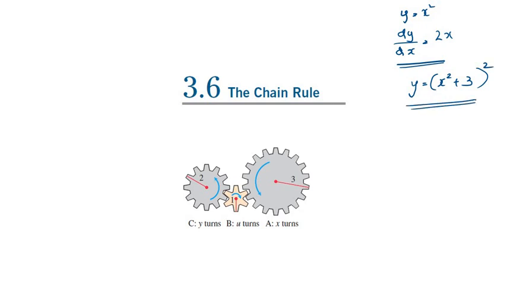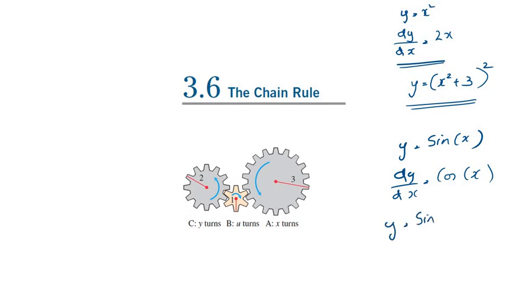I'll give you another example. If y is equal to sine x, the derivative is very easy. dy over dx is cos x. But if the x is replaced by a function, that's when you need the chain rule. So let's take an example. If y is equal to sine, where x is replaced by a function like 3x squared plus 2x plus 1, because it's a function within a function, you need to